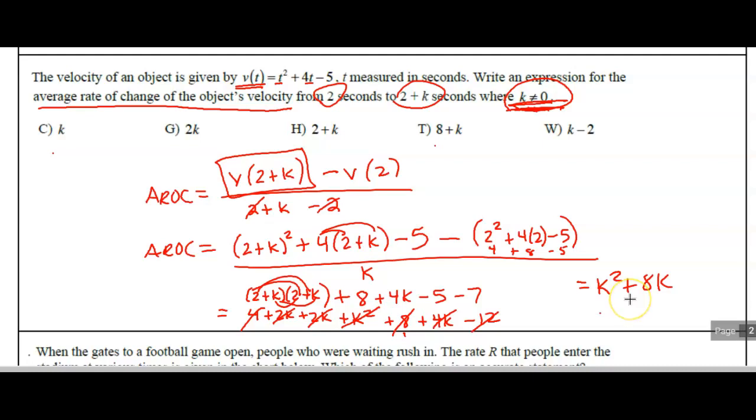Let's go ahead and finish this problem up. The 12s cancel, so I'm left with k squared plus 8k, which is not an option, okay? But if I common factor a k,